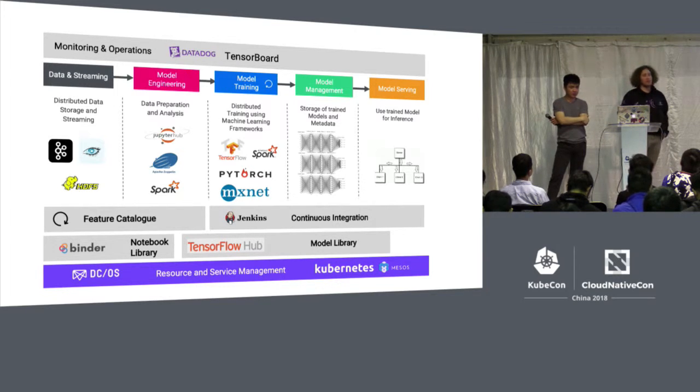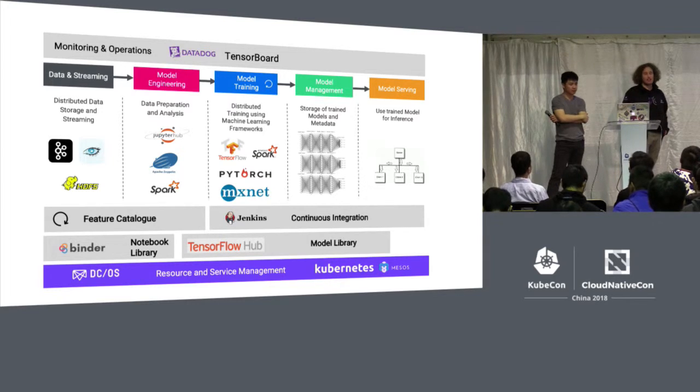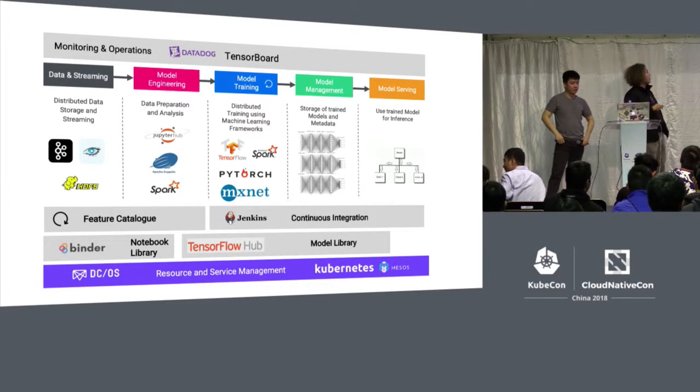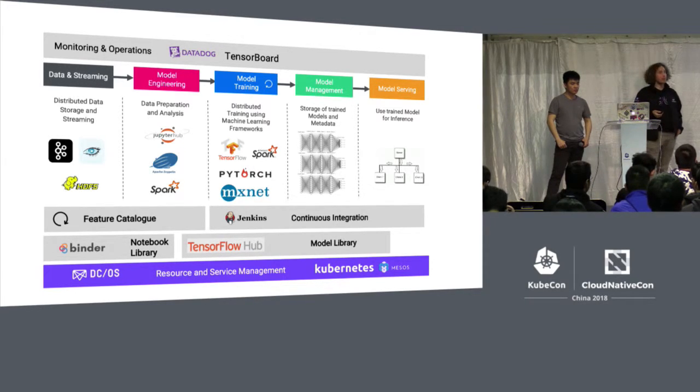Once I'm done with training, I have a number of models which I need to store, and I not only need to store the models, but equally important, I also have to store the metadata of those models. What was the train accuracy, what was the validation accuracy, all those different statistics, because later on from the model management layer, I actually have to select the models I want to serve for production workloads.